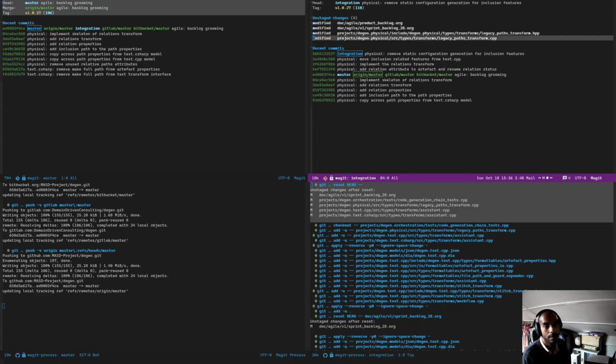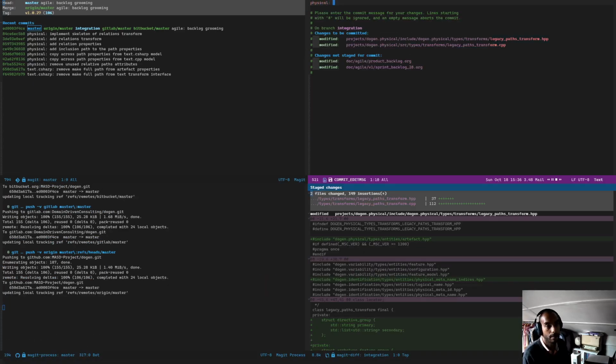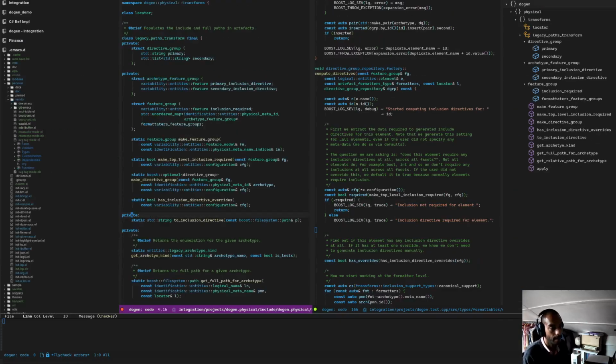First, let's just say physical add feature groups to legacy apps transform. Of course, nothing is broken yet, so we should probably just commit what we got. And the second thing we want to do is we want to say,